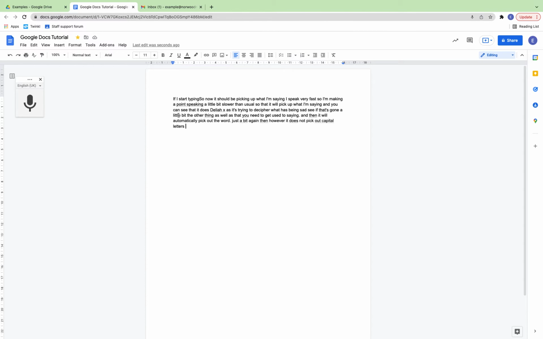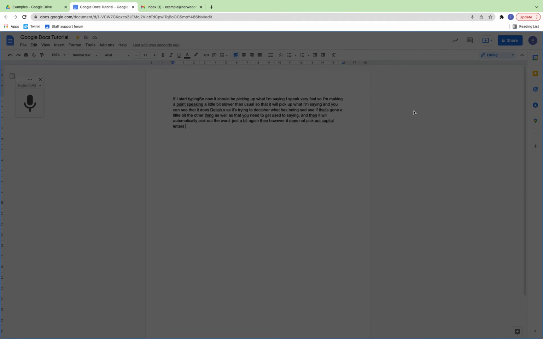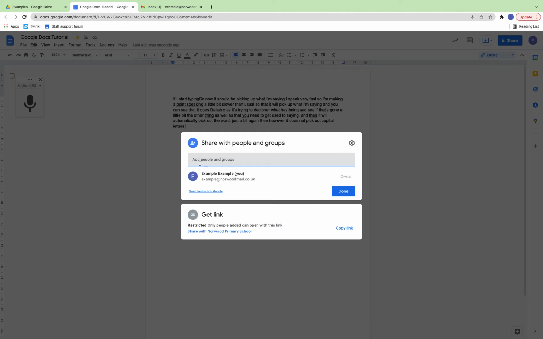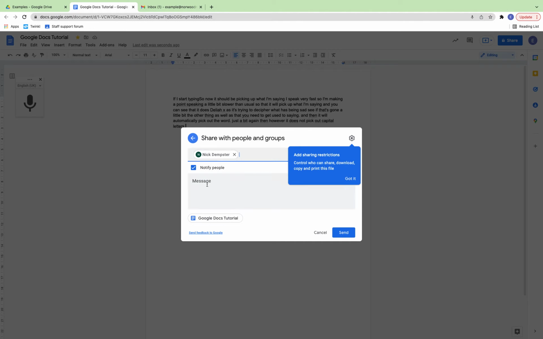Right, last thing I want to show you. So I've made this. I want to share this document with somebody else. So if I hit the share button, and then I can type in somebody's email address. So if I send it to myself, for example, and I can also put in a message, check out this example,